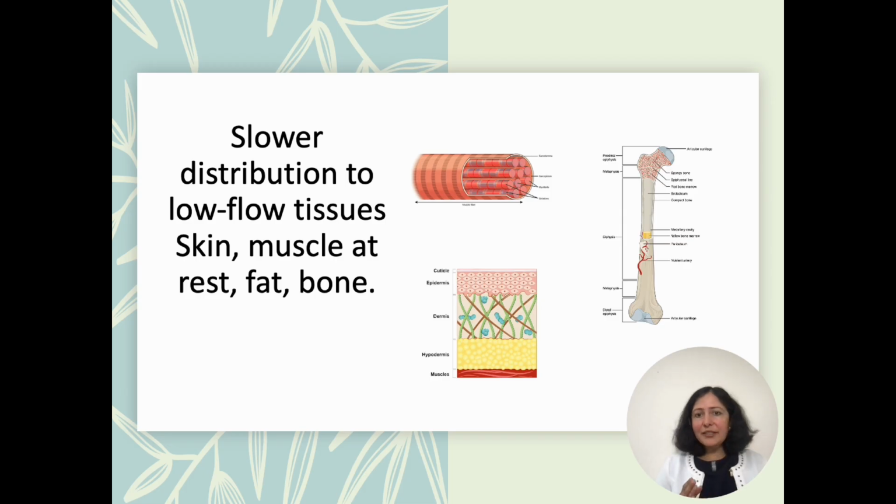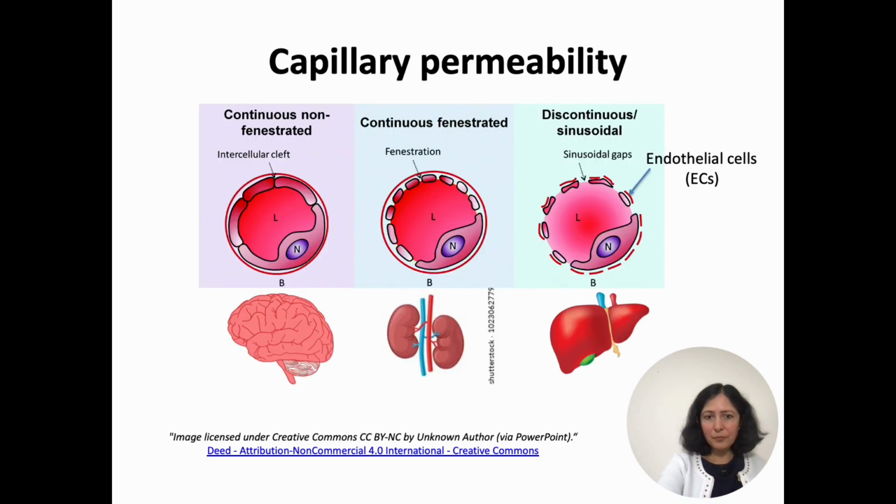On the other hand, tissues such as muscles at rest, skin, and bone have much slower blood flow because these organs are metabolically less active at baseline, and drug distribution happens more gradually in these organs. Another factor is capillary permeability, that is, the architecture of the capillaries. Now, the architecture of the capillary can be